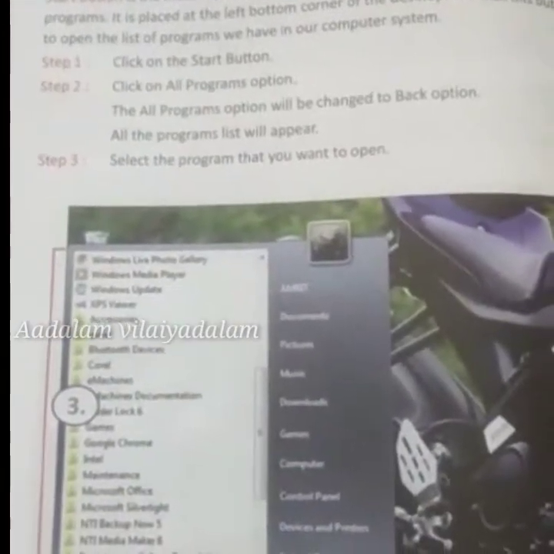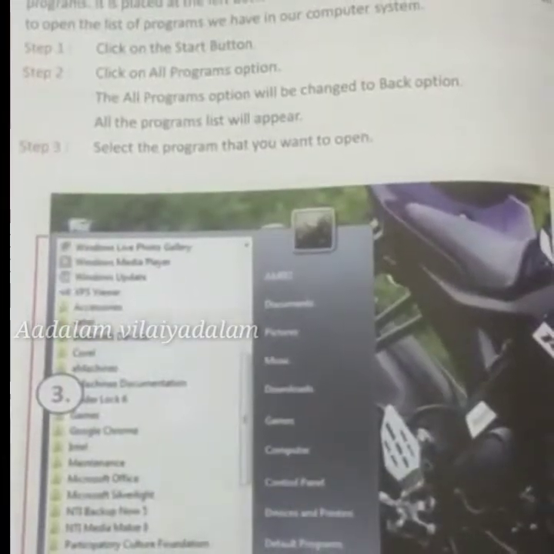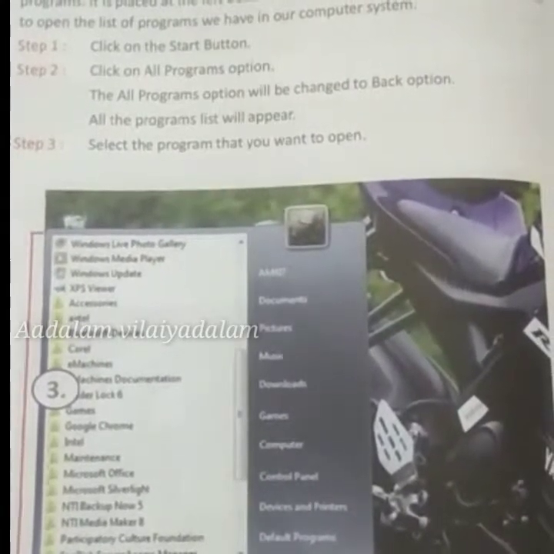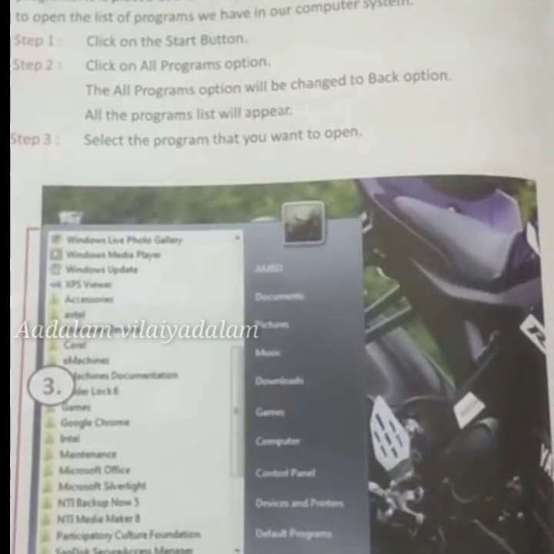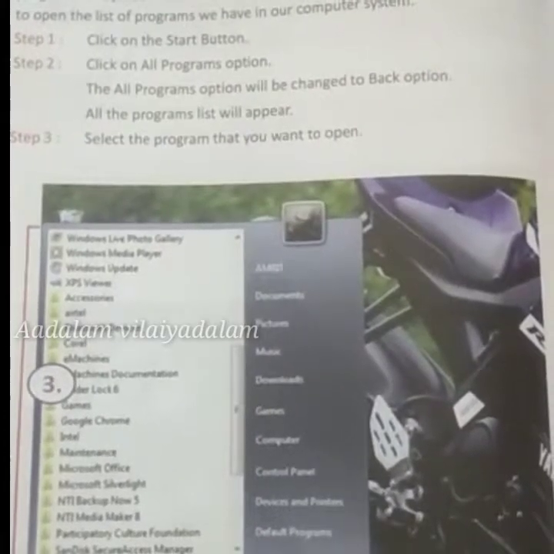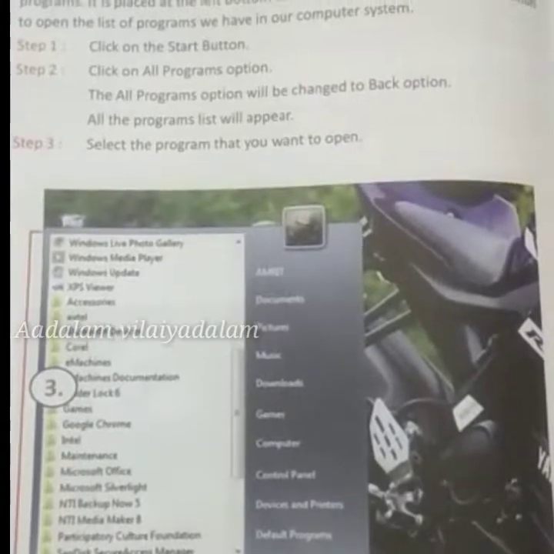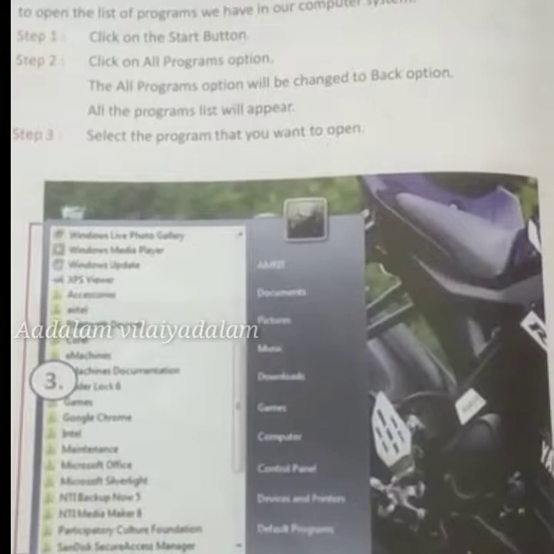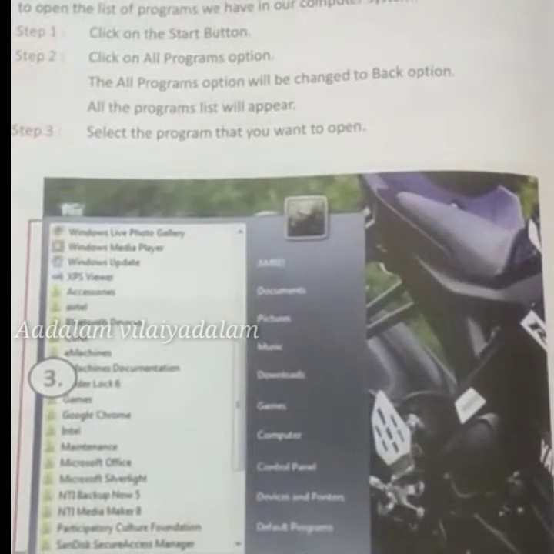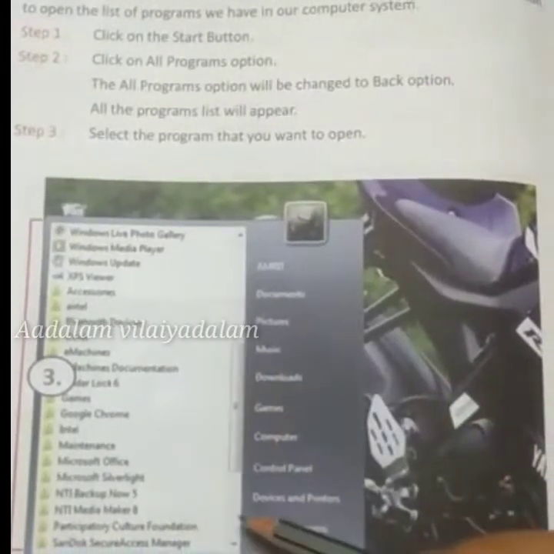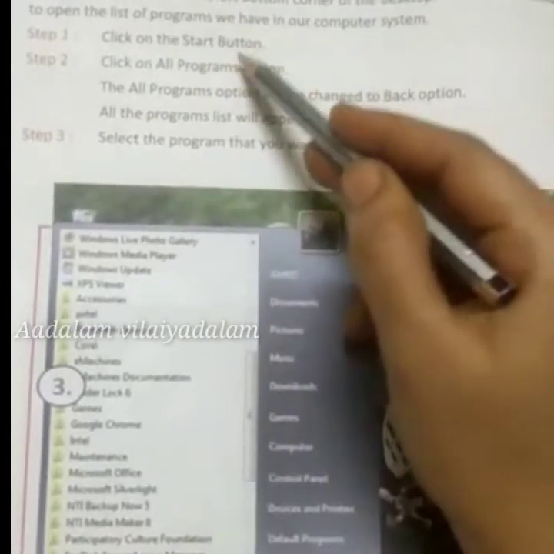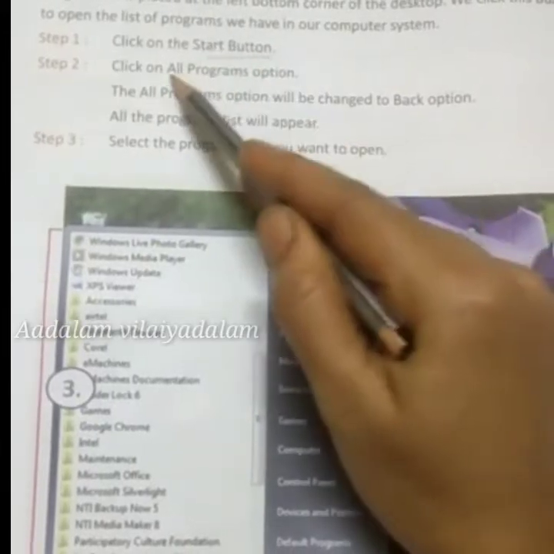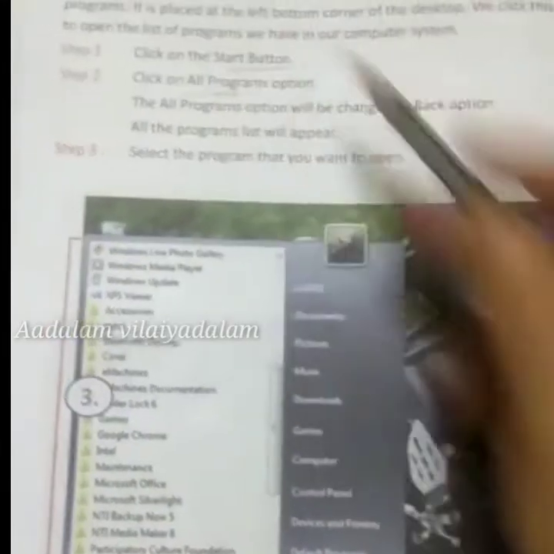Next we are going to see how to use the start button. Where is the start button located? Yes, it is located on the bottom left corner of the computer. Click on the start button. Some options, a list of programs available in the computer, will be displayed. Click the start button first, and then the all programs option.